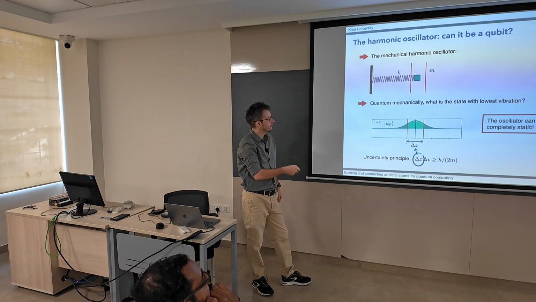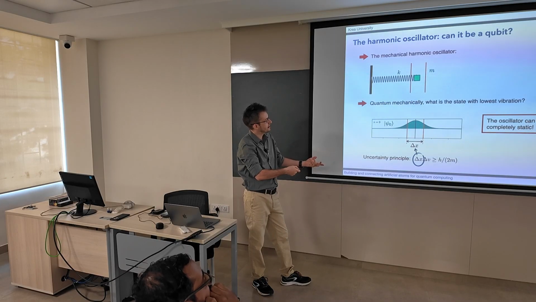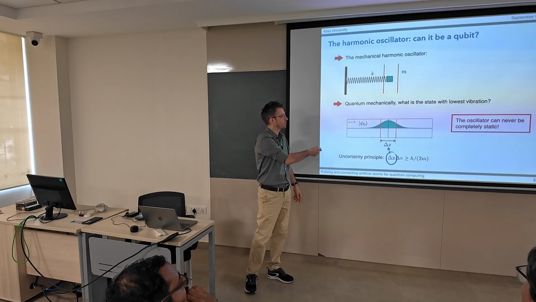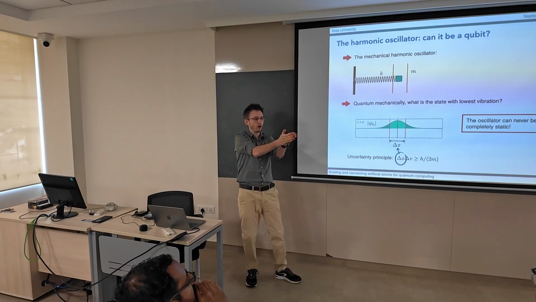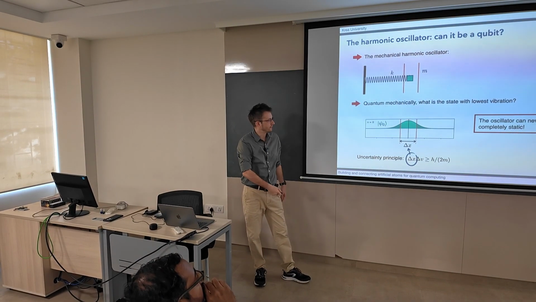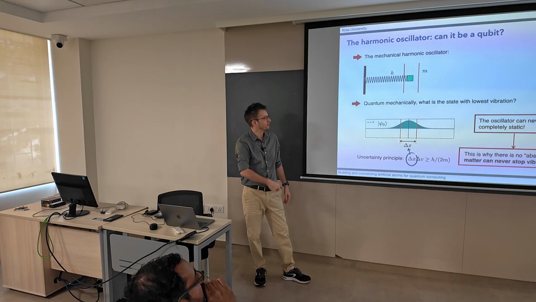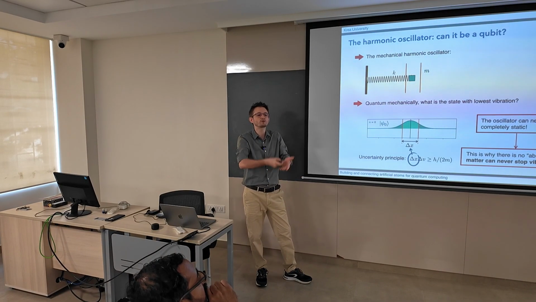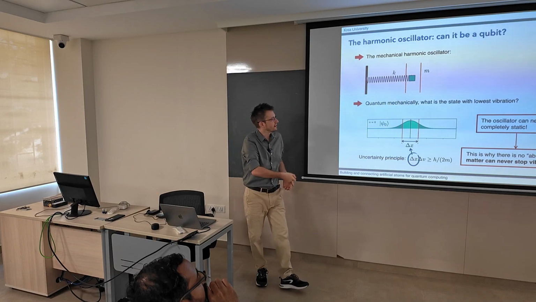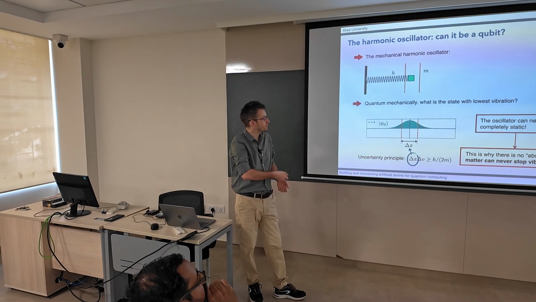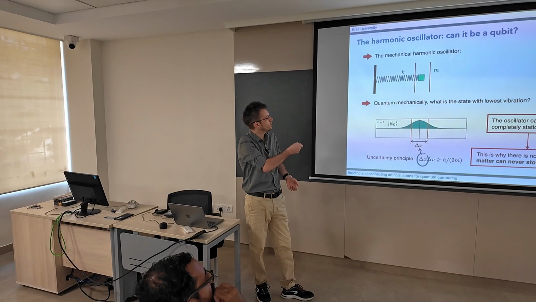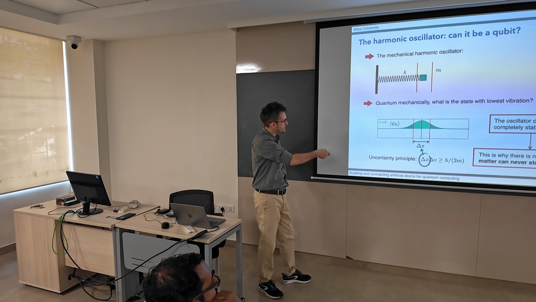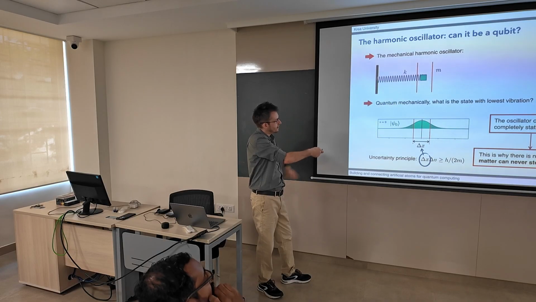So the oscillator can never be static, because of the uncertainty principle. Even its lowest state will have a certain spread. It will always be oscillating a little, right? And this is why, for example, there is no such thing as an absolute zero of vibrations. What is temperature? Temperature is vibration of matter. So matter can never stop vibrating because of the uncertainty principle, because oscillators always vibrate. Okay, anyway, this is a slight digression, but the point is my harmonic oscillator at its lowest state is going to be a little wave packet,